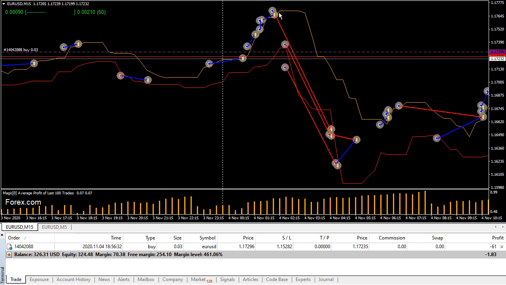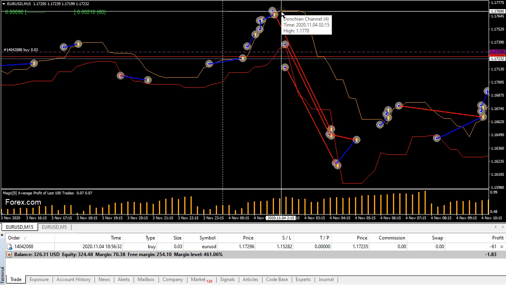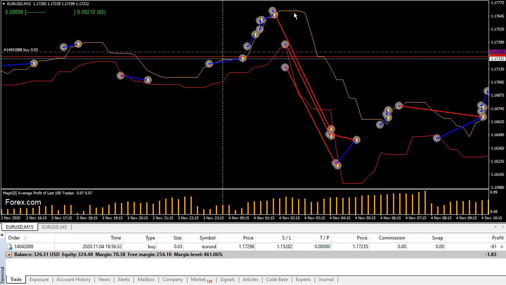Let's have a look and see what that is. If I go from this top channel down to this bottom channel here, that's about 167 pips in the space of 3 hours. Okay, it was insane. So I got in up here, right? Dollar cost average, and then eventually the first trade got stopped out. So a new trade goes in. That's how it works. A new trade goes in to try and move the break-even price closer to the current price. But then the second trade got stopped out.